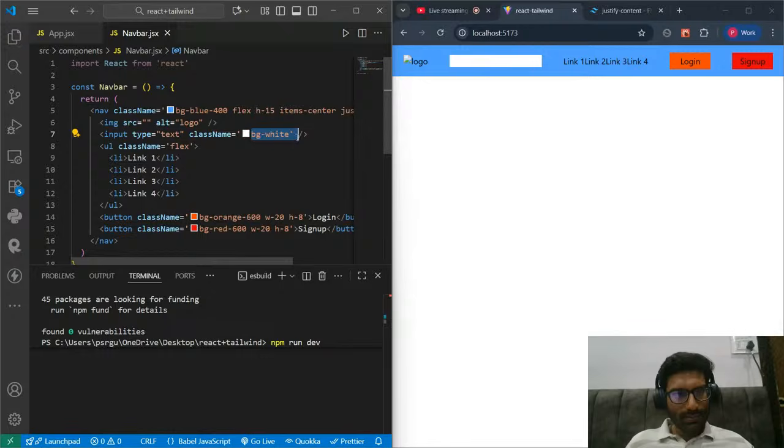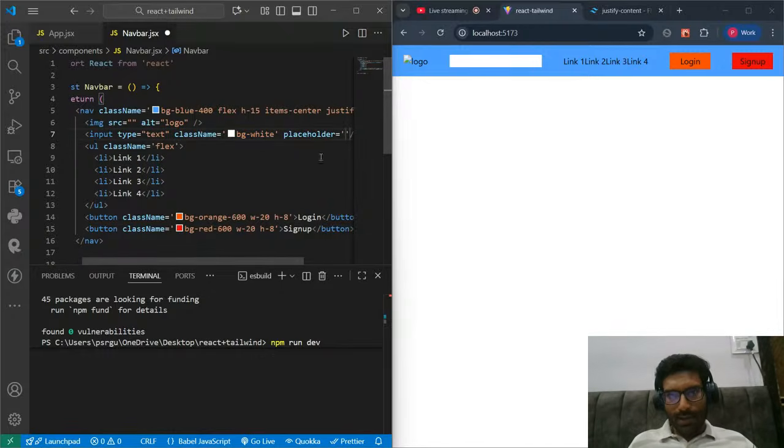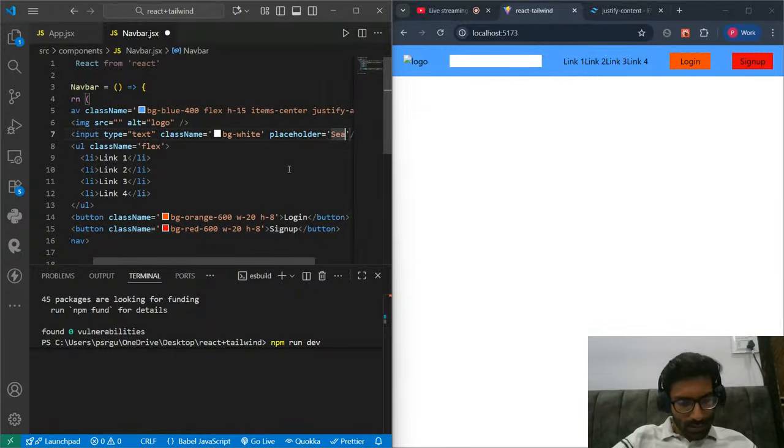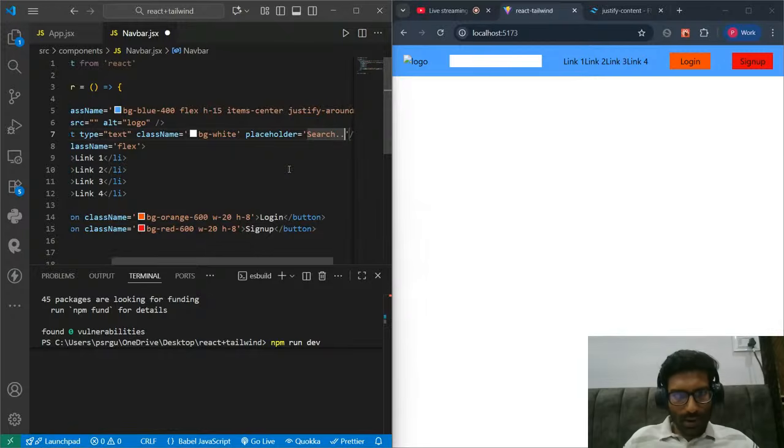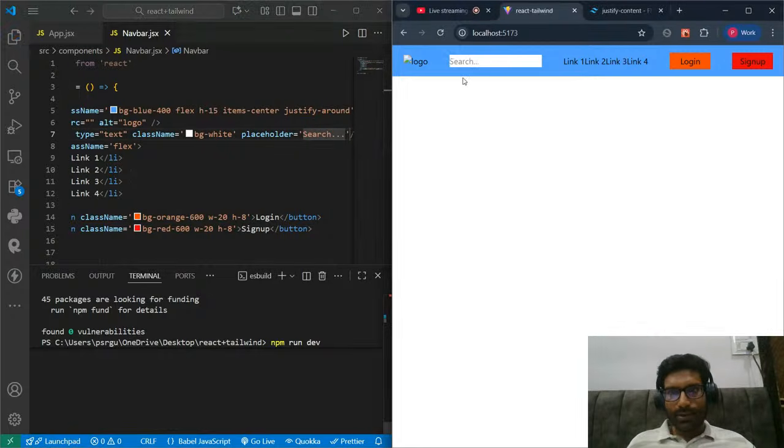Simple CSS. Here I can also give one placeholder, so I'll get to know what we have to put inside this search bar. So I can write search and three dots. Okay, so you can see search is coming here.